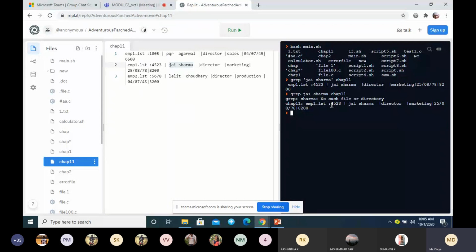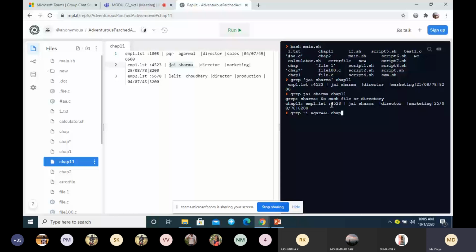The first one, grep -i, searching for Agarwal in the file chap11. Here I am using the option -i.